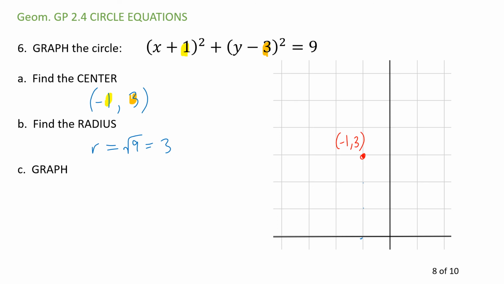And then the hard part is actually drawing your picture. Frankly, it's a lot easier to do this. Draw your circle first, label it negative 1, 3, and make a radius. But if you have grid paper, that's kind of cheating. So what I'm going to do is count out 3 from the center. I'm going to go out 3 units this way. Make a little mark. If I could do it up here, I would, but I can only count blocks up